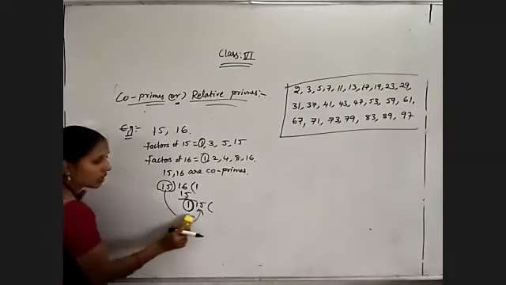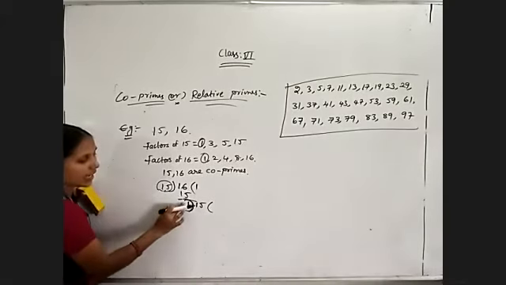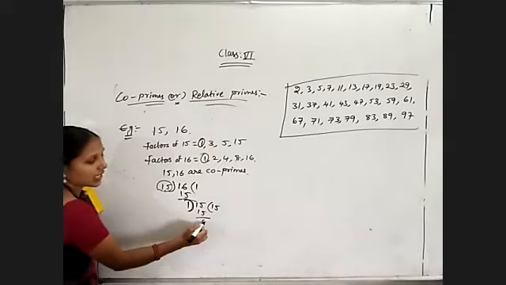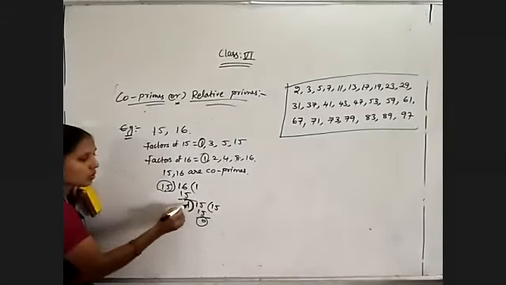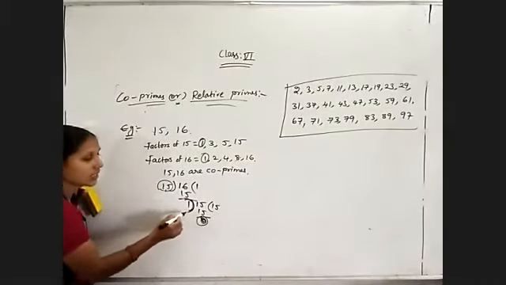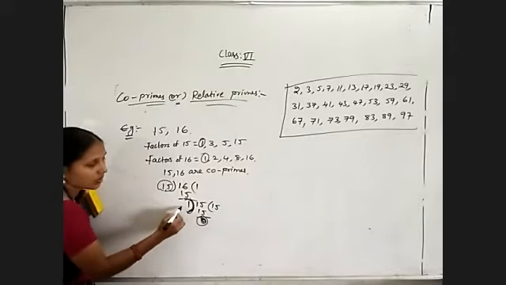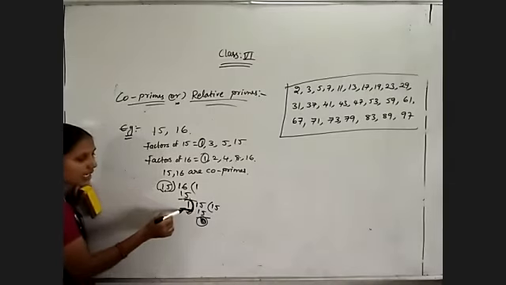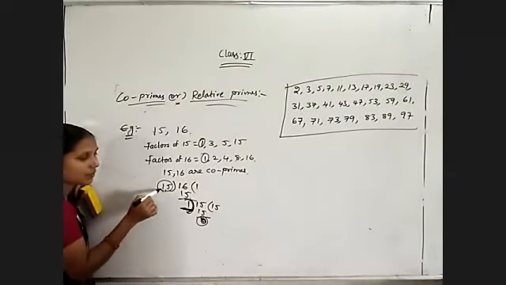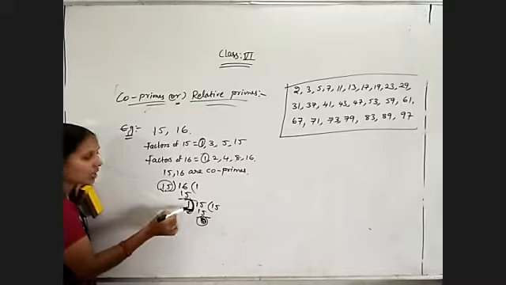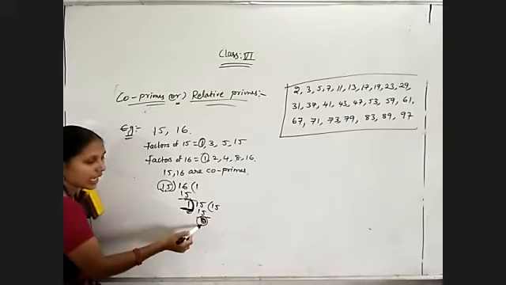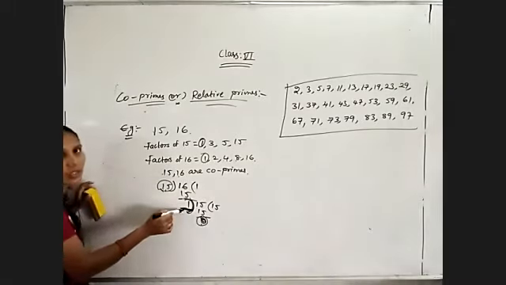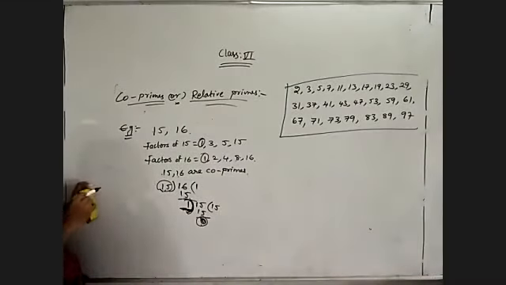Okay. So now 1 I have. 1 15s are 15. With one table, any number can cancel. So where did you get the remainder 0? With which divisor did you get the remainder 0? The last divisor, that is 1. First divisor is 15, second divisor is 1. When I am dividing with 15, I am not getting the remainder 0. But when I am dividing with 1, I got the remainder 0. So the HCF of these two numbers is equal to 1. That's why those two are co-primes.